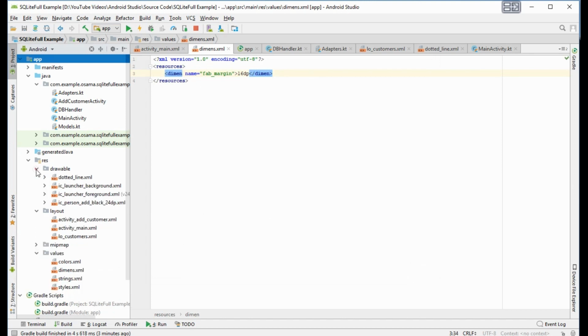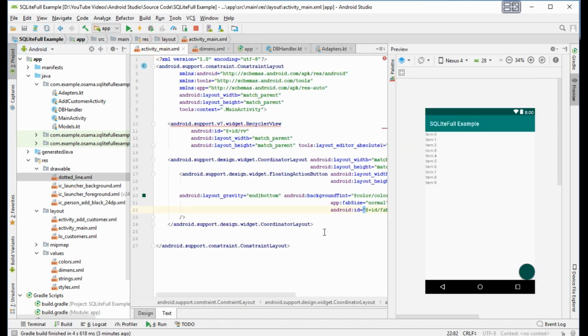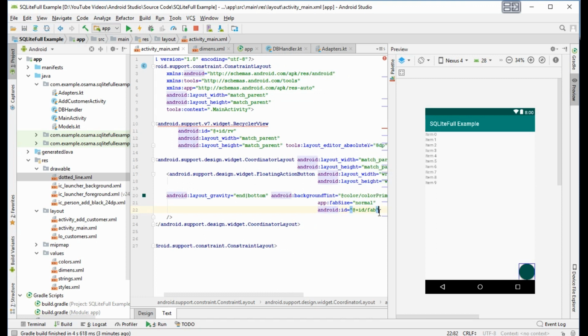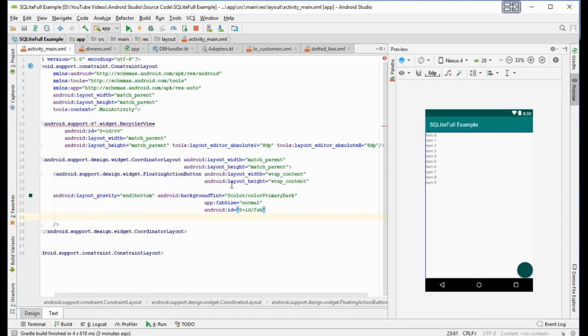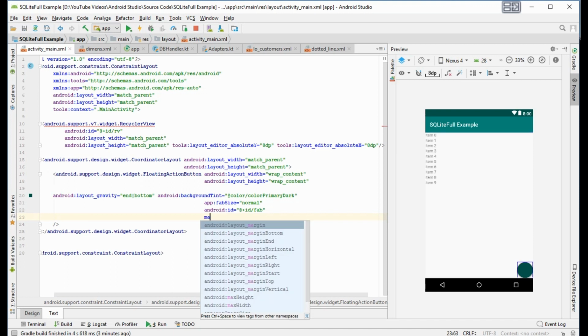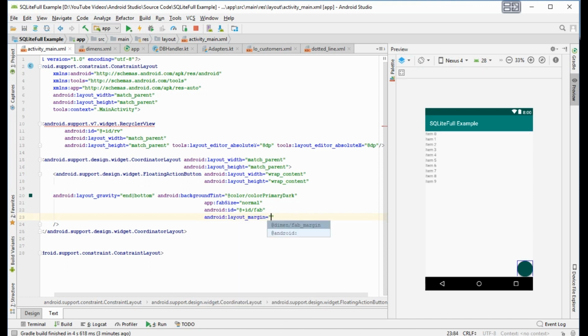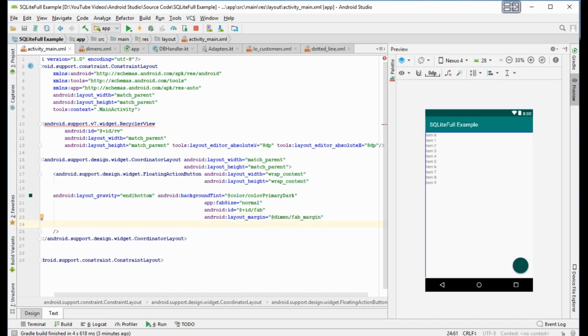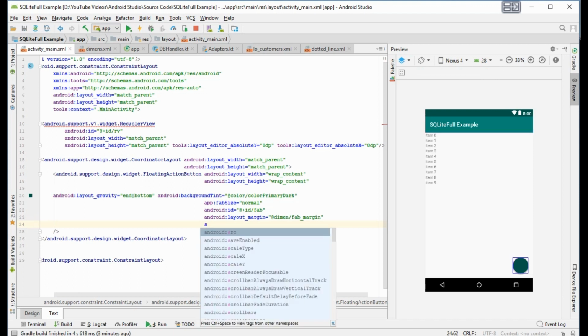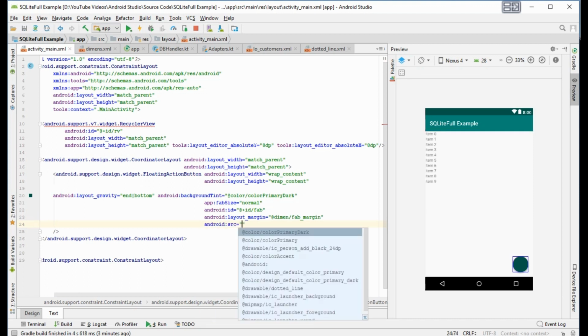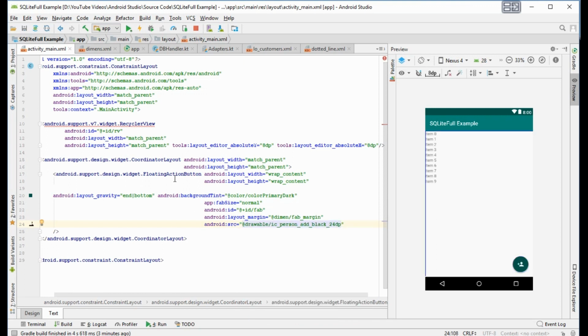Okay, it's here now. Now the layout margin, this one, the fab margin. Okay, and src, this one, the person. Okay, good.